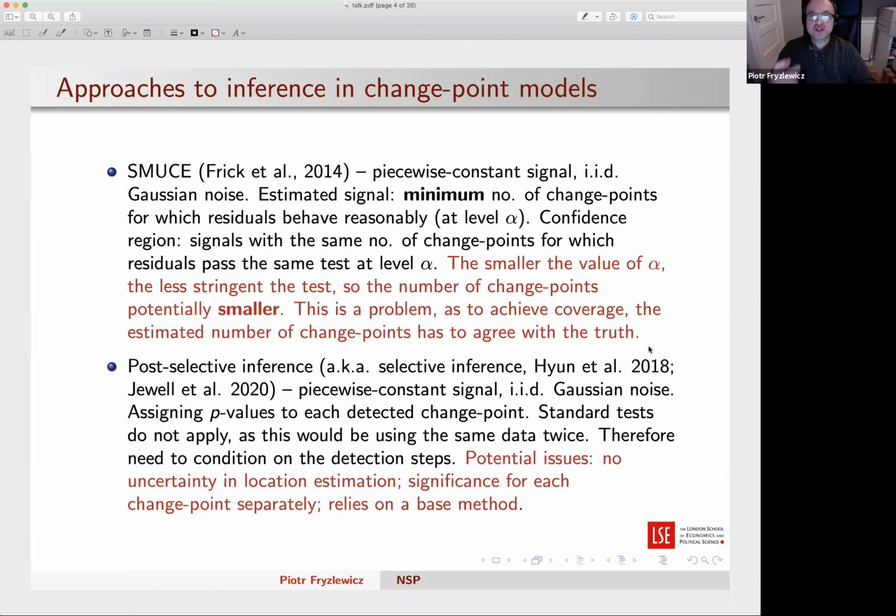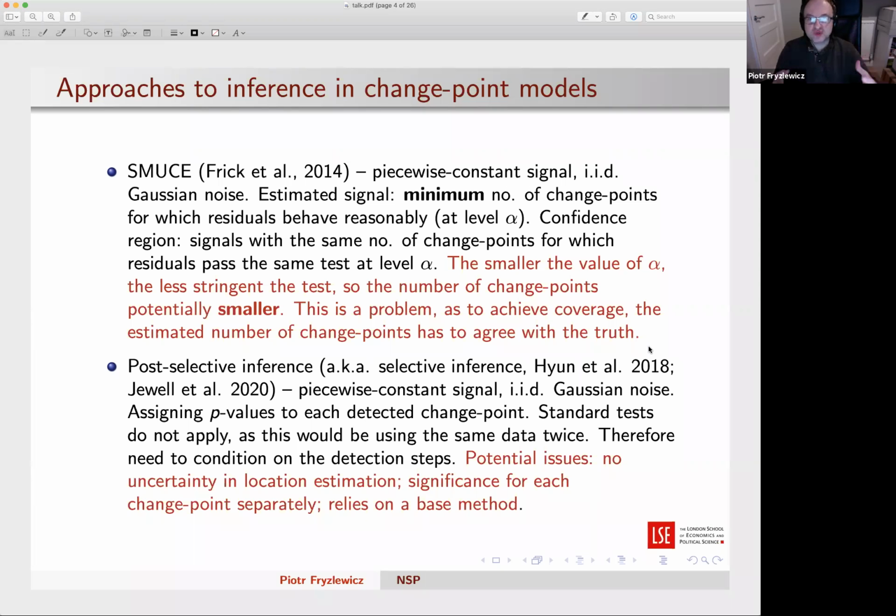That's all fine, but there's a problem in SMUS in that if my significance level alpha is very small, so 5% for example, is it 5% or 1%? If it's very small, then I have a very lenient test on my empirical residuals, which then in some way, I will spare you the details, leads to very counterintuitive coverage properties for SMUS. And I will illustrate that later on. So that's SMUS. There has been work on post-selection inference,